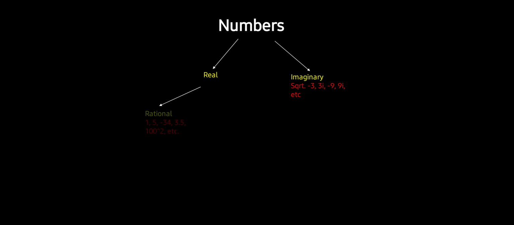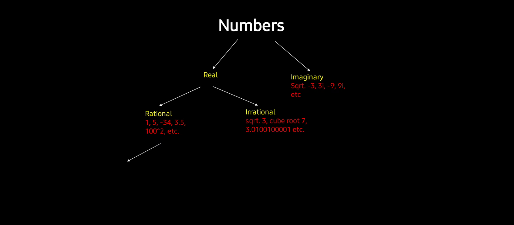So now the real numbers are themselves divided into two parts: rational and irrational numbers. The rational numbers are the numbers which can be expressed in the form of p by q. On the other hand, the irrational numbers cannot be expressed as the ratio of p and q. I mean in the form of p by q, such as the irrational numbers can be square roots